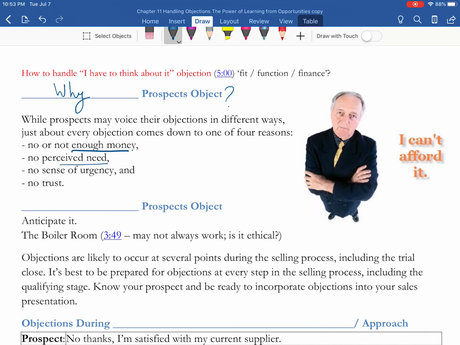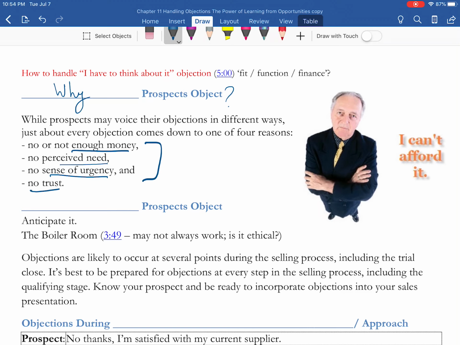So in that case, how are you going to show value? Or they may feel like, oh, everything is going good, don't fix what is not broken, right? So maybe there is no sense of urgency. In that case also they may not show interest. So in those cases, if you really get to the bottom of the reason why they are not buying from you, maybe you will be able to address it by asking more questions, by keeping the conversation going.